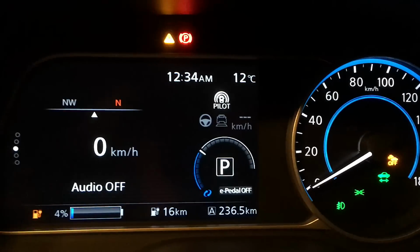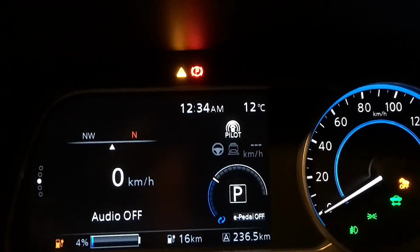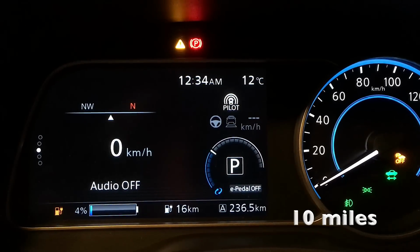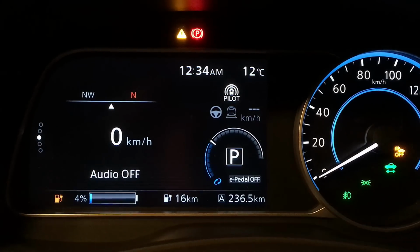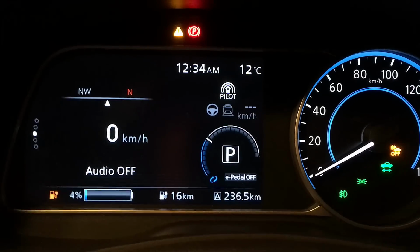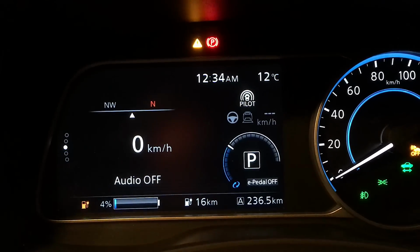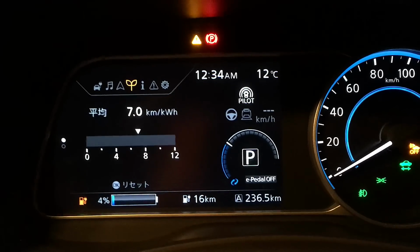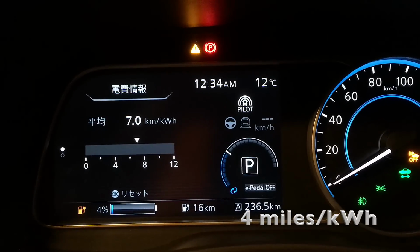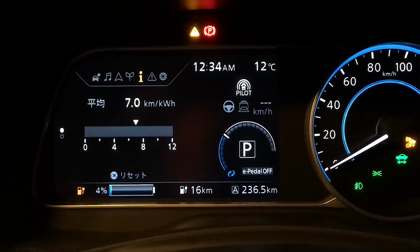Alright. I am showing only 4% battery left, but still showing 16 kilometers. So I'm averaging about a little more than 4 kilometers per kilowatt. I'm sorry, per percent. I do it every time. Per percent. Let's see, what is my kilowatt? I'm averaging 7 kilometers per kilowatt hour, which really is not good,